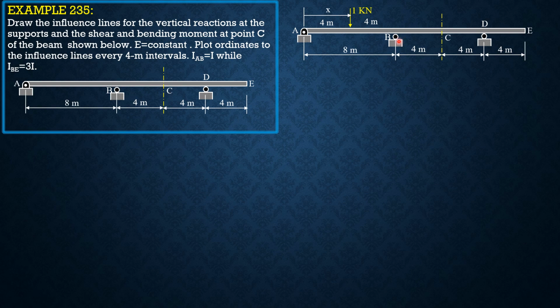And also that moment of inertia of portion BD is 3I. So we have 0 plus 2MB quantity 8 over 1 plus 8 over 3 because the moment of inertia of portion BD is 3I, then plus moment at D, which is 0, plus 6A1a1 over I1L1